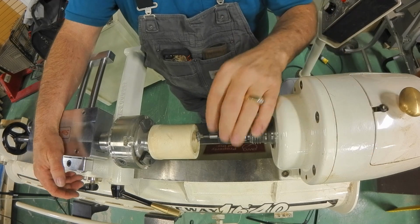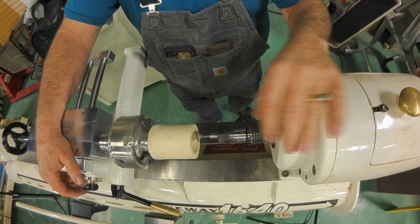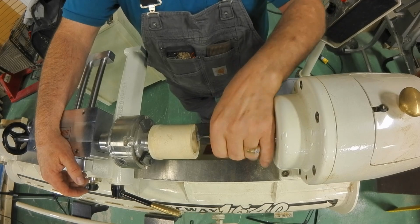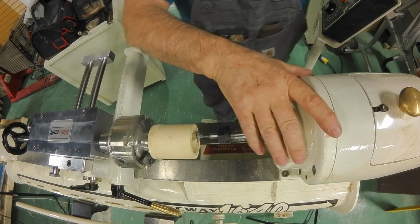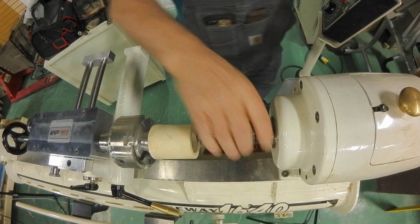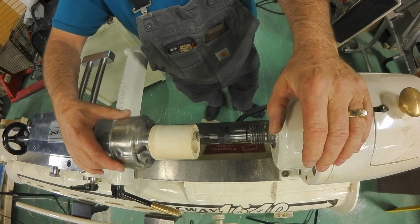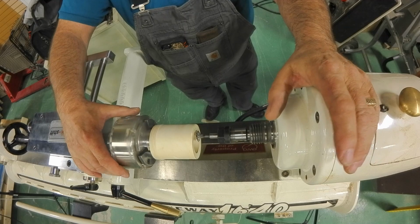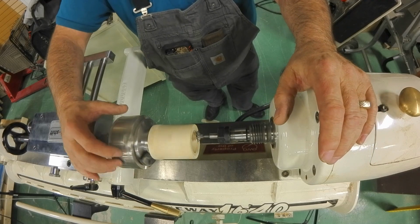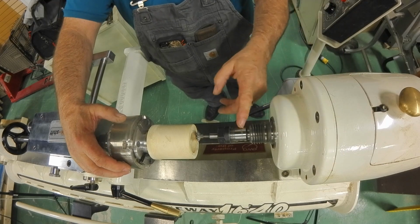The cutter is a special 60-degree cutter that fits at a collet chuck anchored with the drawbar, which last time Dave was at my shop, I didn't put the drawbar in. And we were very fortunate nothing happened, but if you have one of these things, you've got to remember that. It is an important piece of safety on this because we're working with a Morse taper,